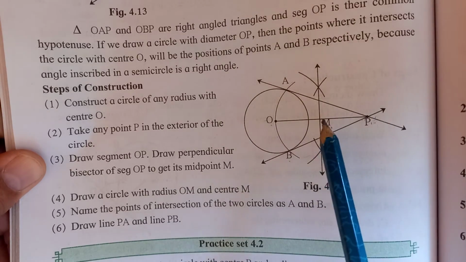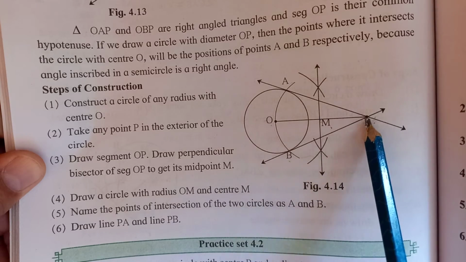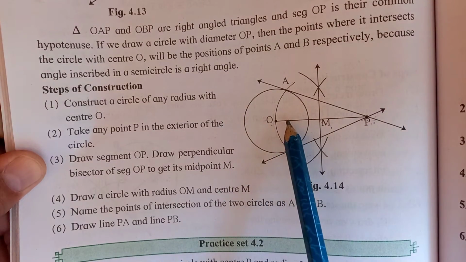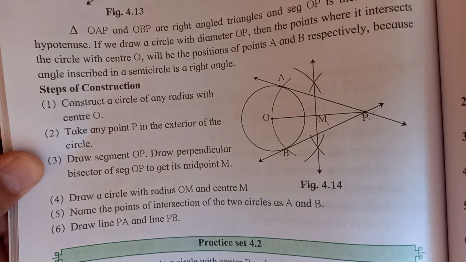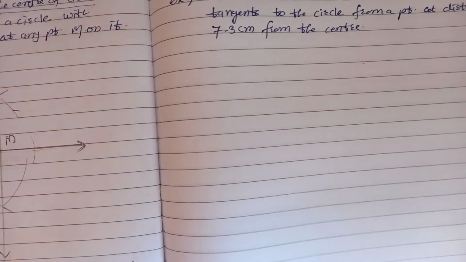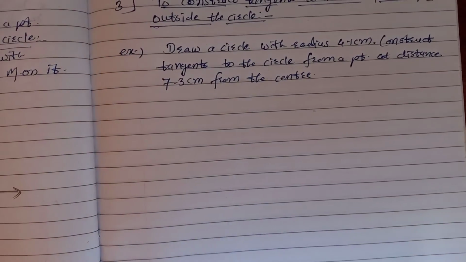If the point lies on the circle, only one tangent; outside the circle, two tangents; and inside the circle, we cannot draw a tangent. Already you have written that practical. Now actually we have to see an example on this. See, now one example we have taken. That is very important. Some different examples may come, not the same. Maybe they can ask another type.